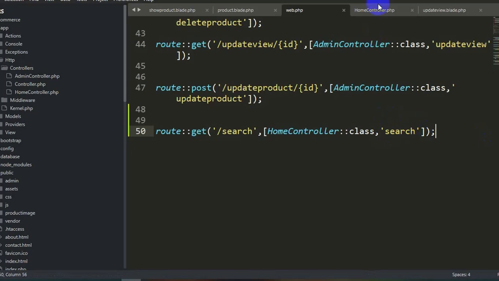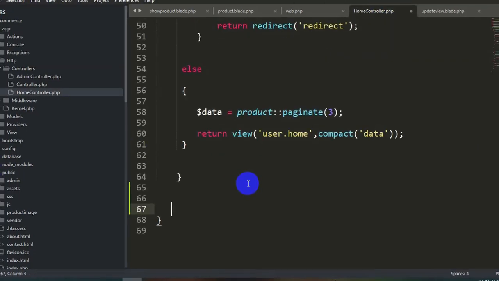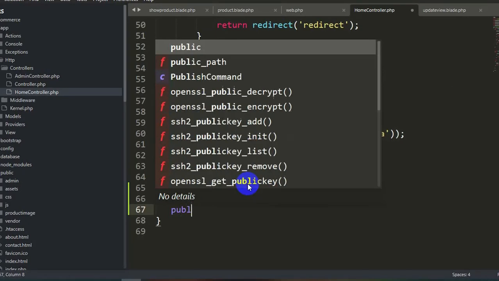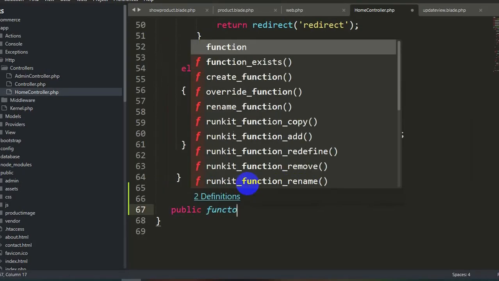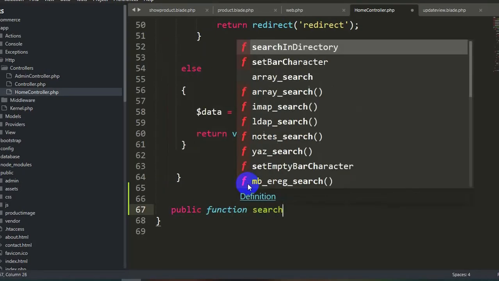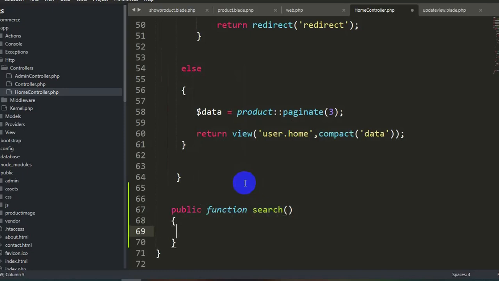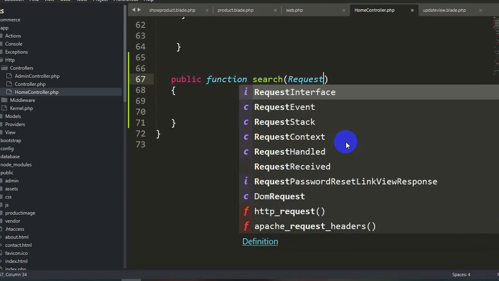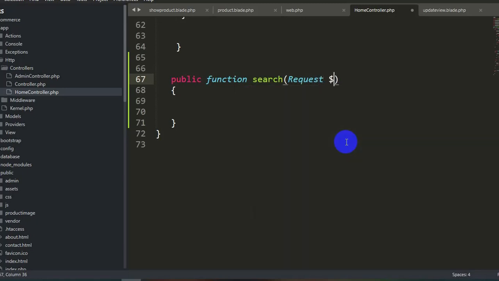So let's go to the home controller, and over here we're going to write the search function. We'll say public function search, and inside it we're going to say Request $request, and inside the function body we are going to first declare a variable.